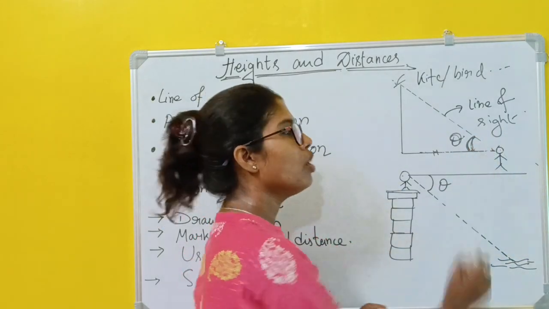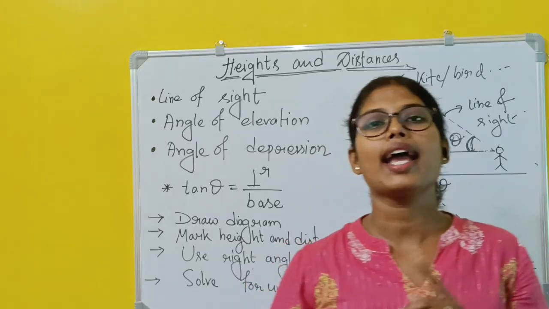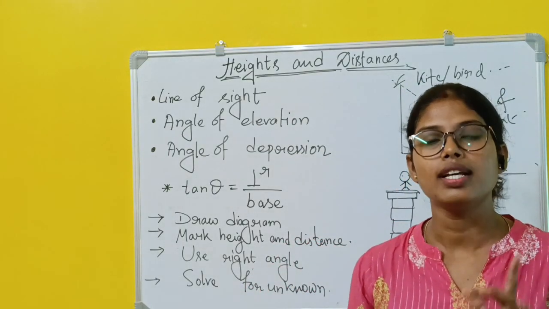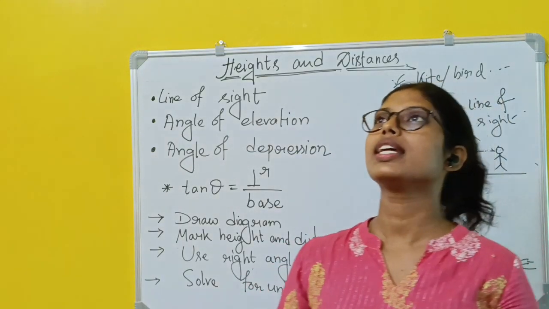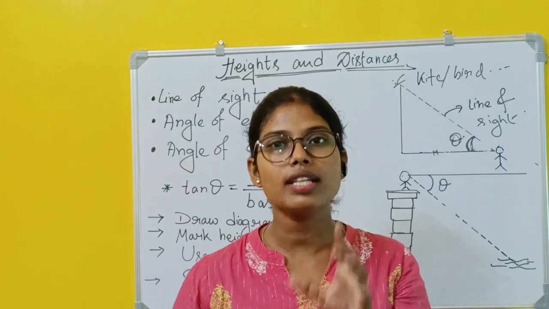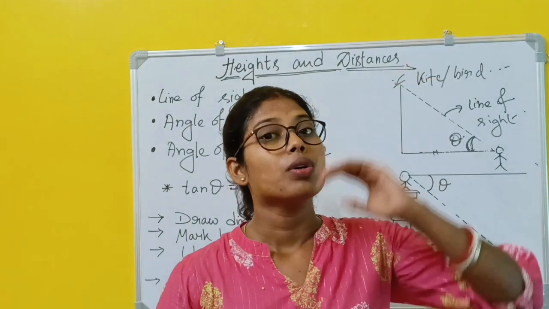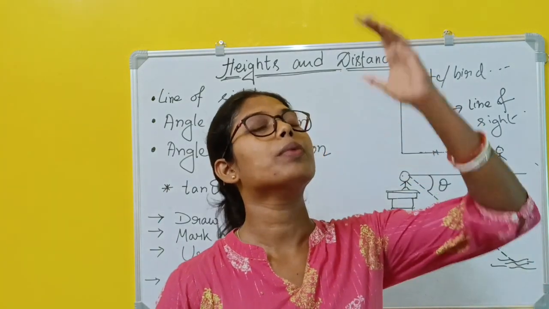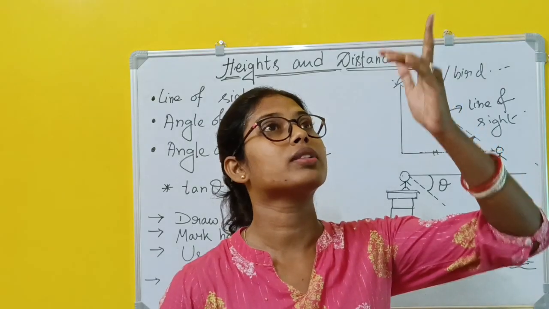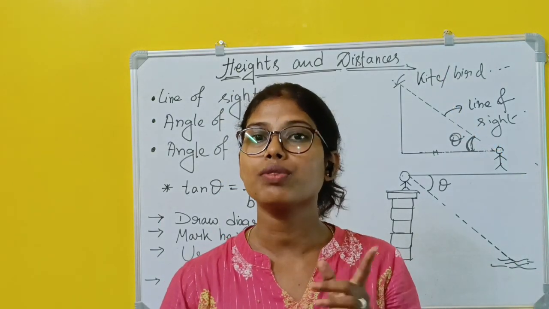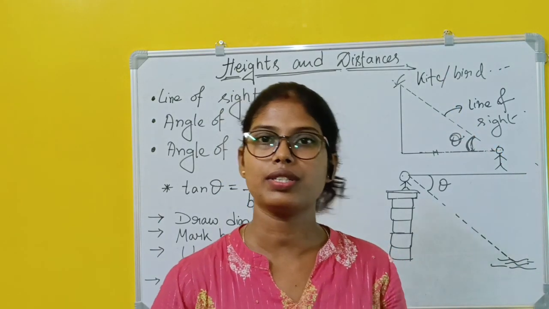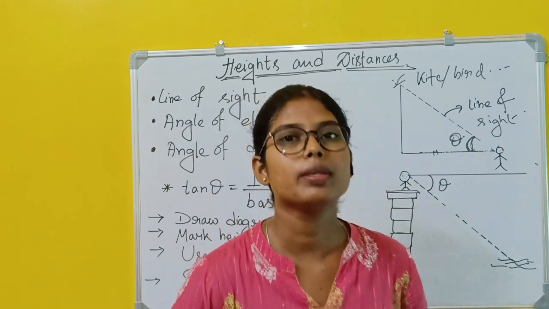That is this one, that same angle is called the angle of elevation, whenever a person is looking upward. If some person is trying to see a thing which is far away and above the particular person, then that angle is forming the angle of elevation. And what is called the angle of depression?